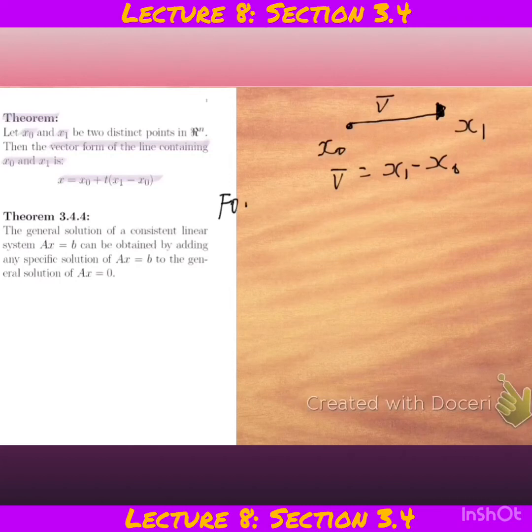Now, for a point x, which is a point in Rn, to lie on the straight line,